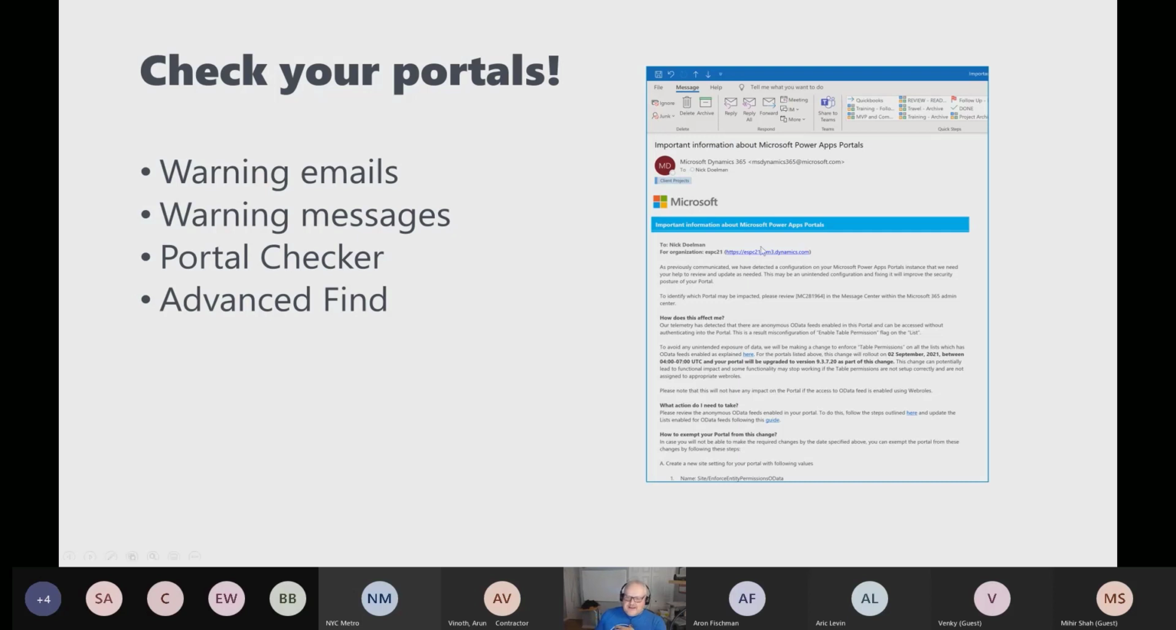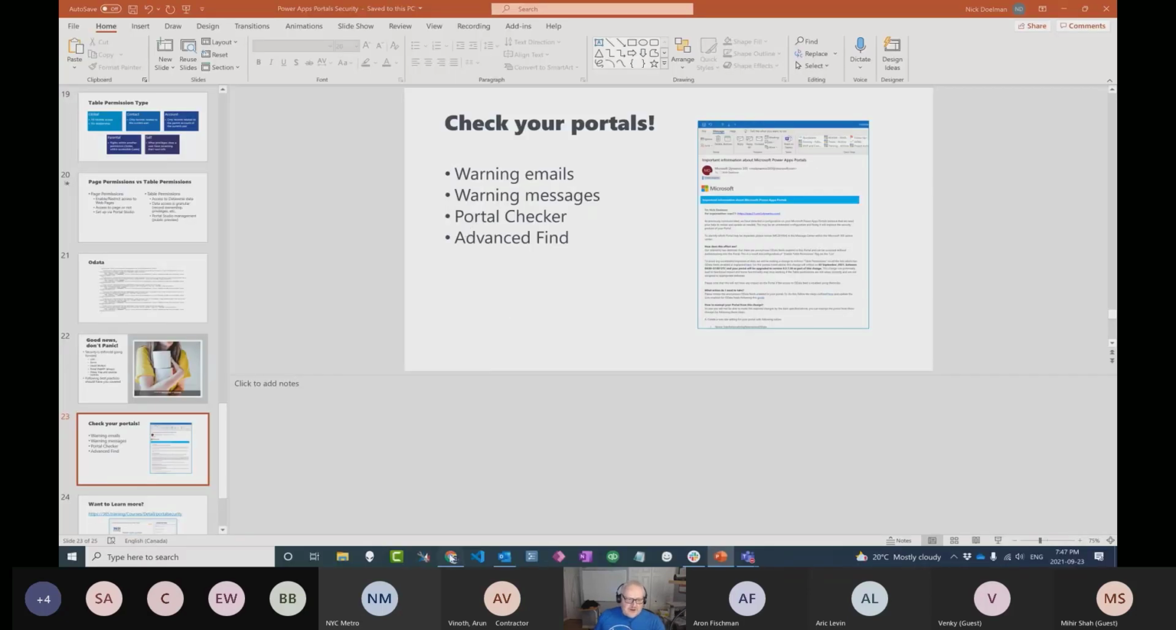However, you would see an email very much like this about your portal saying it could be potentially exposed because you might have lists and forms set up that don't have table permissions enabled. You'll also get warning messages. And so if you remember when I was doing my demo,